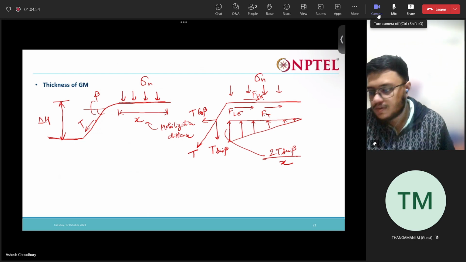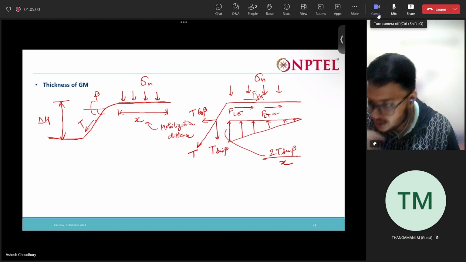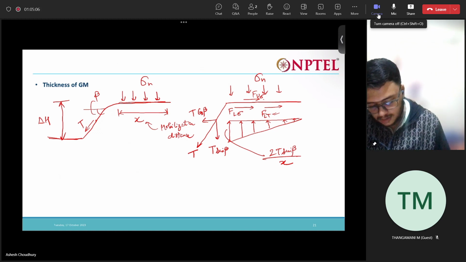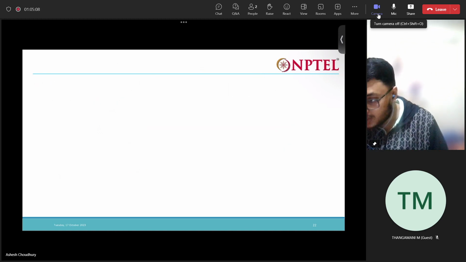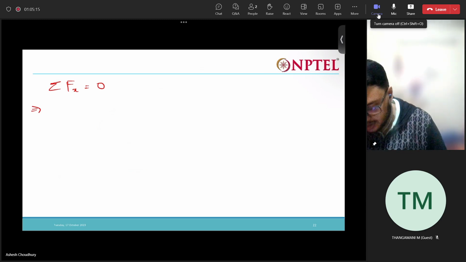Due to the vertical component of T, whatever shear component is coming, that is this. So if we take the summation of all the forces along x equal to 0, we'll have T cos